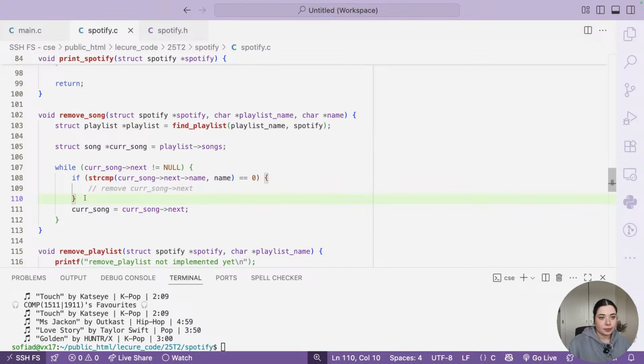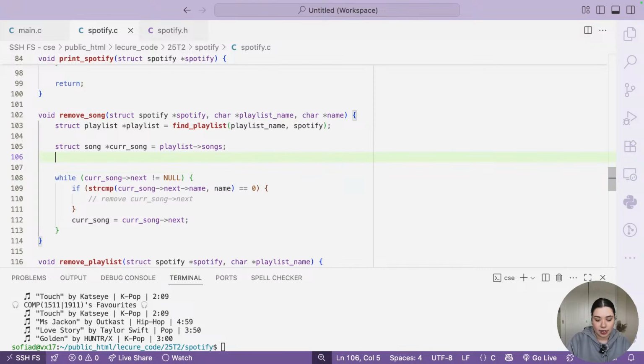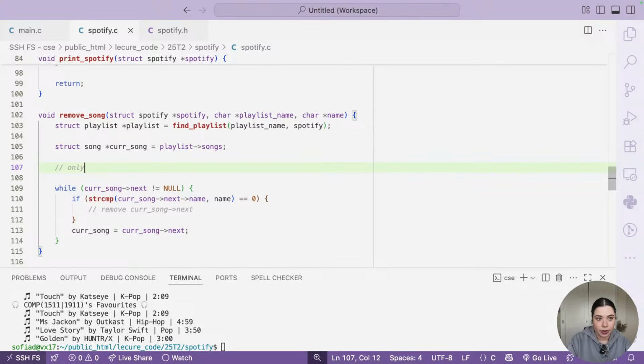Now, there's a little edge case we need to factor in here. If we're going straight to current song next, and we only have one node in our list, it's not going to have a next pointer. So we just need to think about, it's never going to enter the loop, but what if that is the node we want to delete, right? So let's factor in the case of only one node in the list